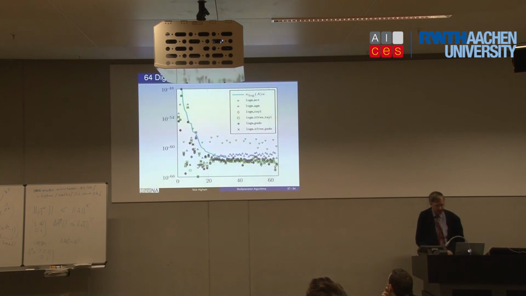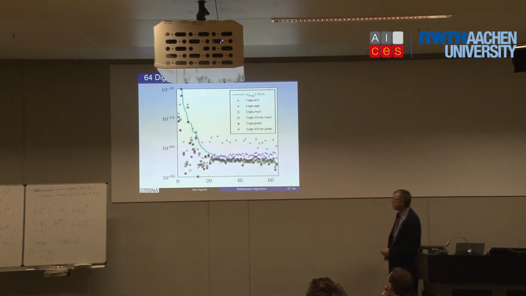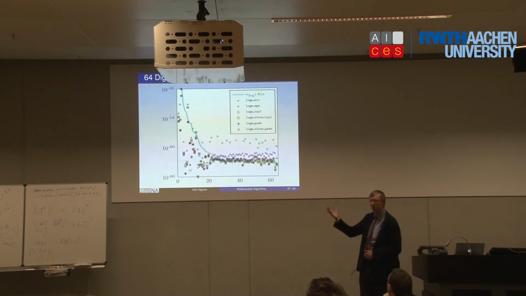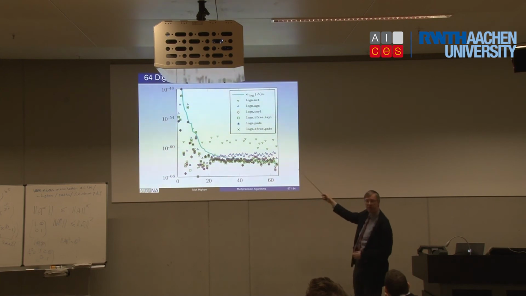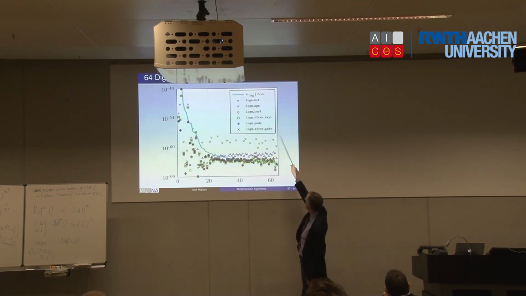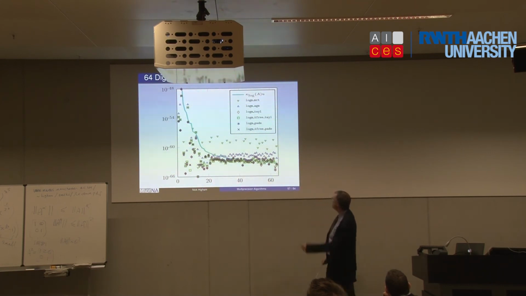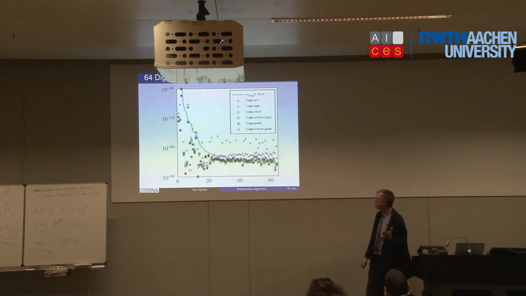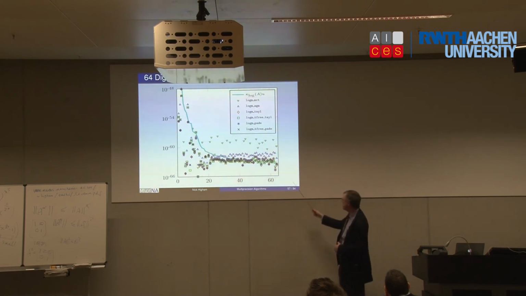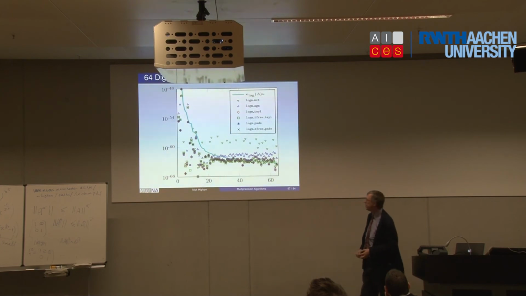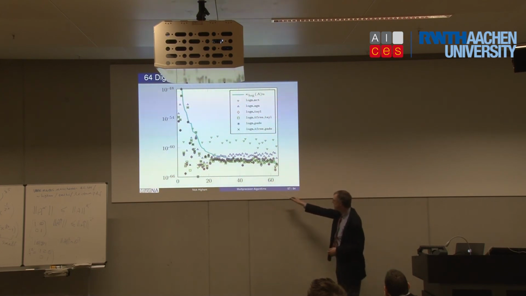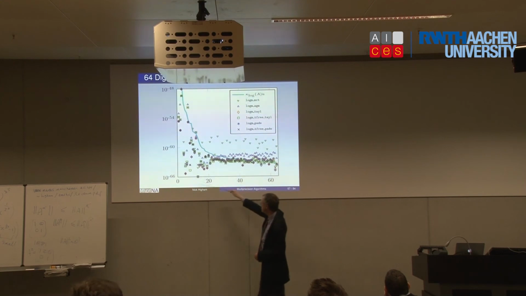Now here's an experiment where we computed at 64 decimal digits. So this is sort of twice quad precision. Most of these markers are variants of the algorithm I just described: logm_Taylor, transformation-free Taylor, Padé, transformation-free Padé. Those bottom four markers are all variants of our new algorithm. What we're plotting here is, on a collection of about 70 matrices indexed along the x-axis, the relative error on the y-axis.